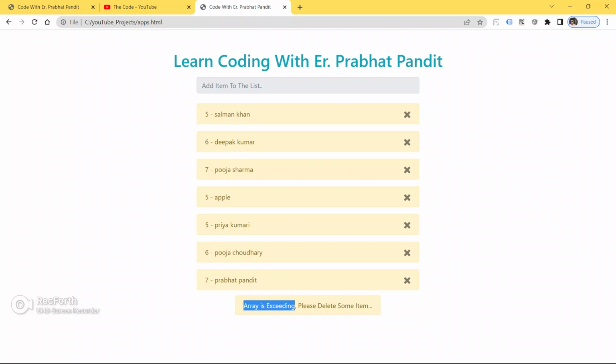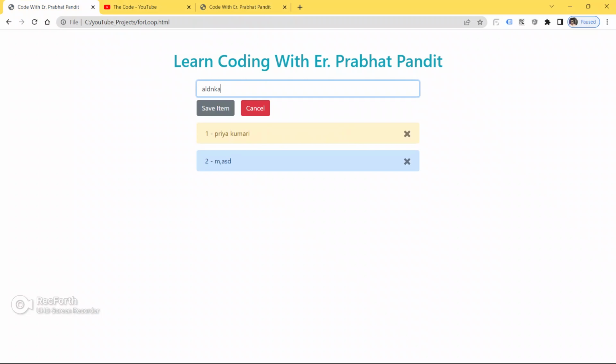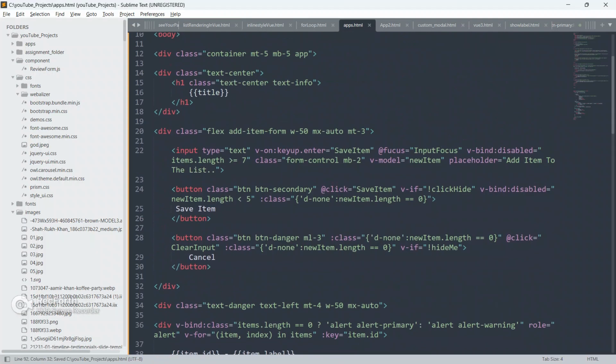So now our input box is disabled, and we are also getting the text array is exceeding, please delete some item. Okay, so now let me delete all the items from the array. See, now it's working and we got the text also, no item in the array. But now we will implement something like this. See, one is red, one is blue, one is red, one is blue now.